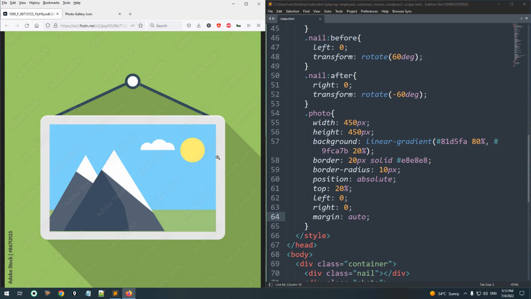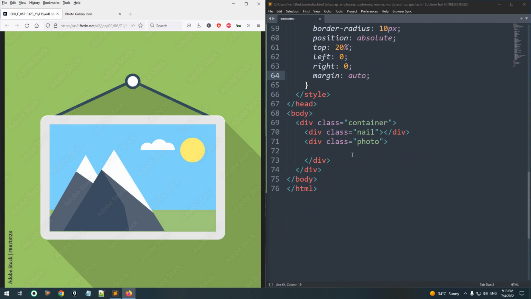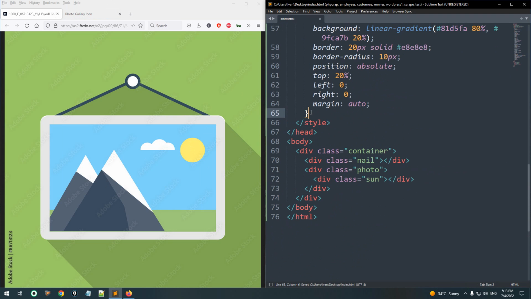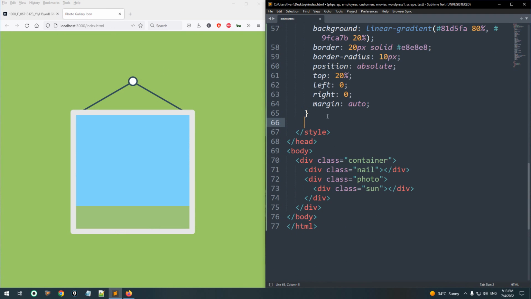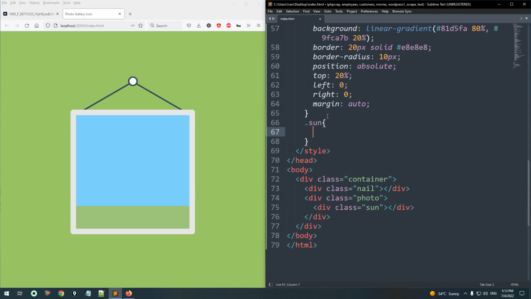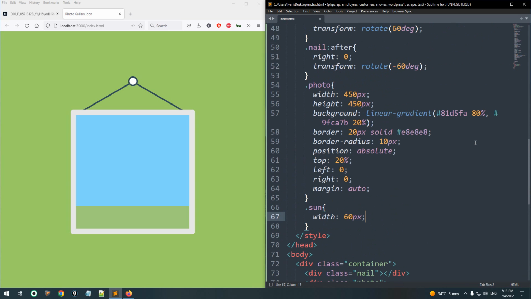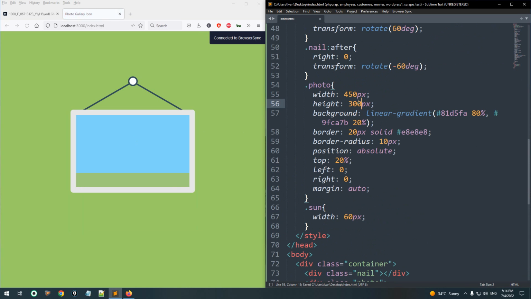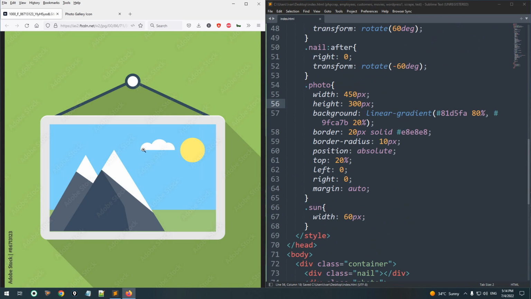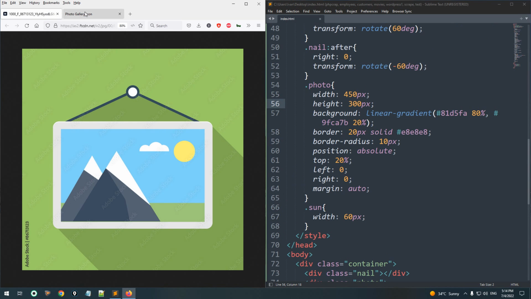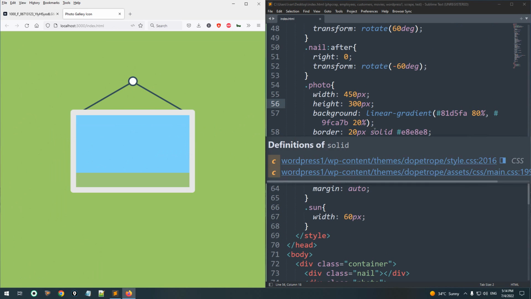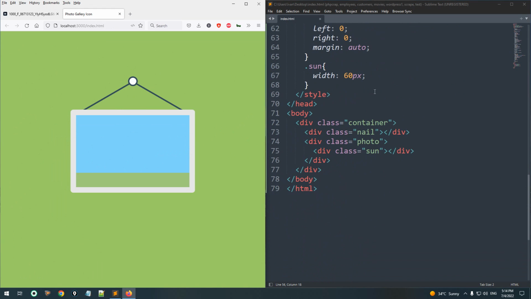So next we're going to create the sun and the clouds, and they'll be part of the photo. Actually, everything else will be part of the photo. And I'm sorry guys, here for the photo it shouldn't be 450 height, it should be 300. Yeah, this is the one we want to do. So for the sun,